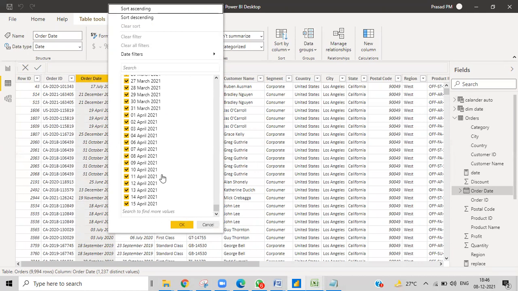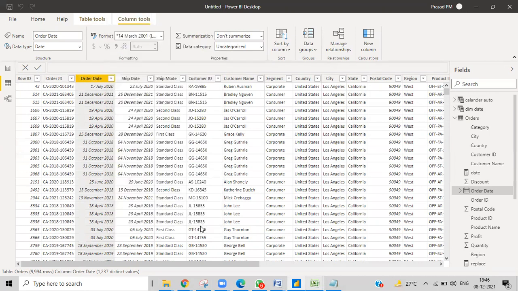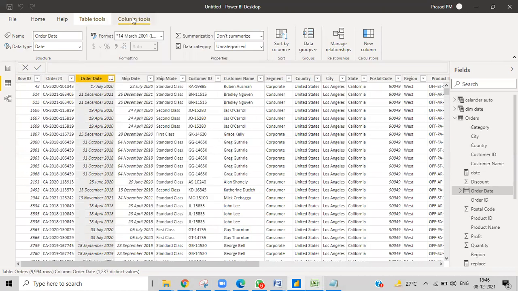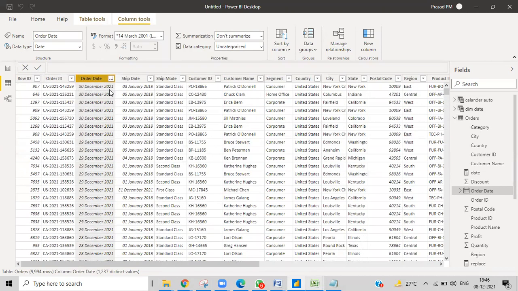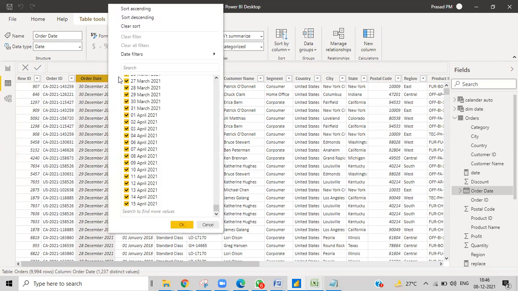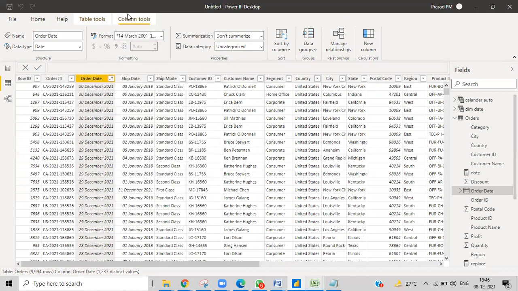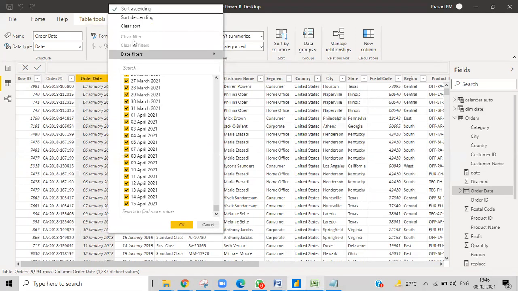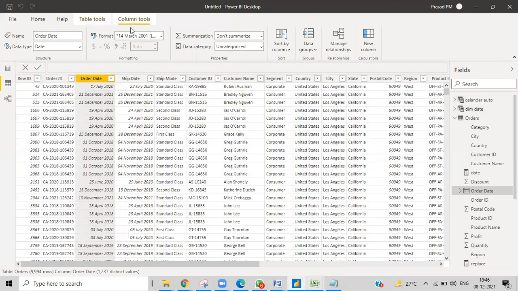If I give descending order, I'll get the dates starting from 30th December 2021, and if I give ascending order, I'll get it from 3rd January. Now I want to clear any filters, so clear filter, and it's normal again. This is how you check as you go.